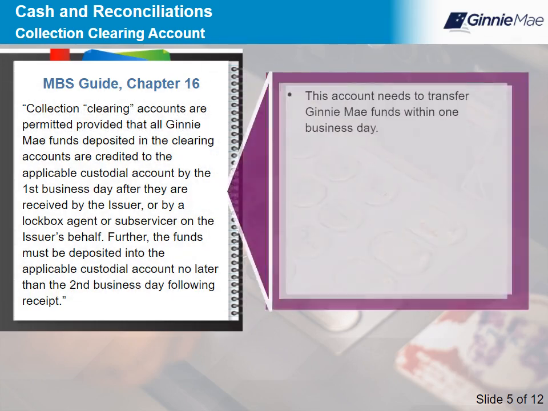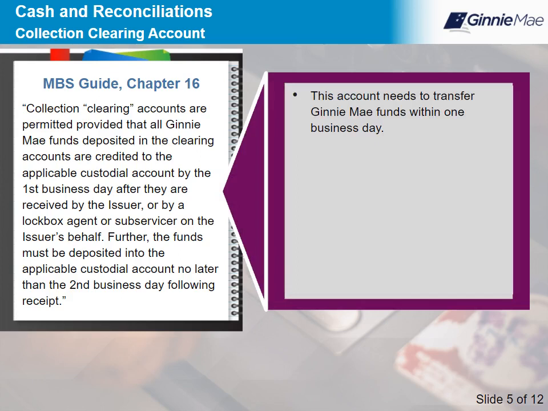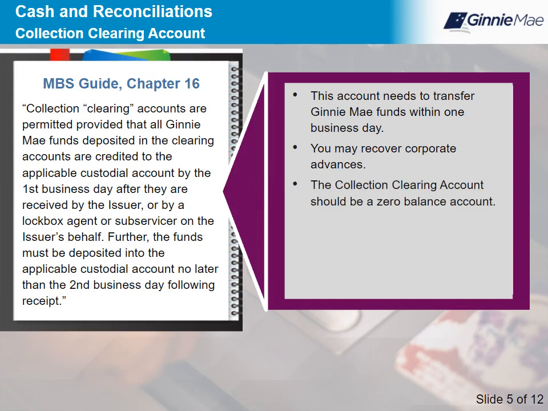This account needs to transfer to the P&I and T&I accounts, Ginnie Mae funds, within one business day. You may recover corporate advances provided excess funds are restored to the custodial account from this collection clearing account. The collection clearing account should be a zero balance account. This means you should be able to show detail of every cent that is outstanding in this bank account each